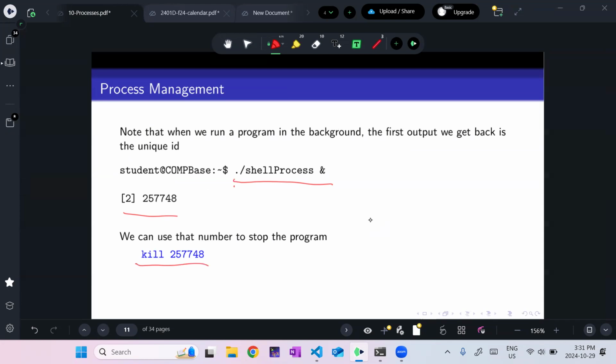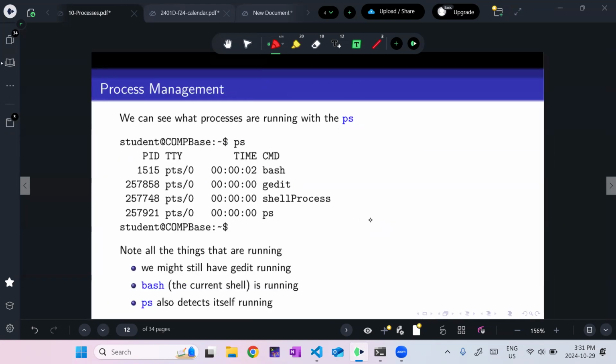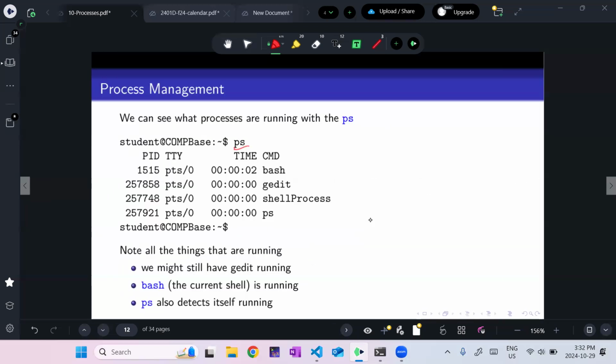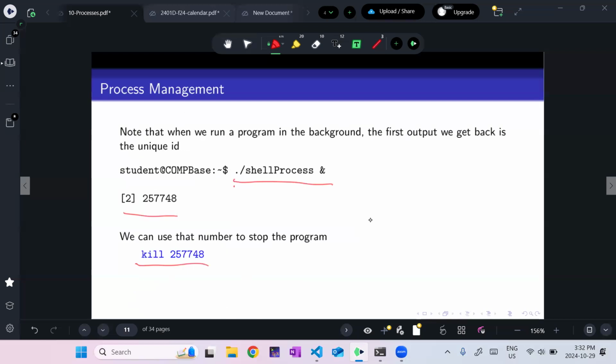One of the commands is kill. By default, it kills the process. I can send other signals, but we'll see that a little bit. I can run the PS command, which lists all the running processes. And I can run foreground and background to move a job from the foreground to the background and vice versa. Control Z to pause it. And then I can bring it to the foreground with the foreground command or the background.